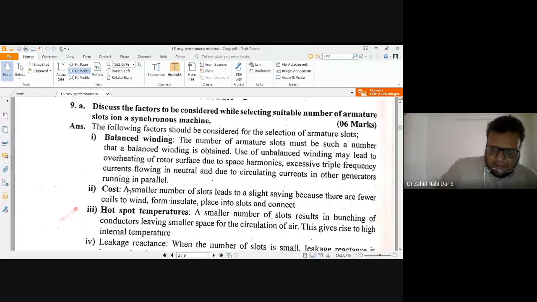Usually when we calculate, you get a fraction like 23.7 or 26.7, and usually we try to avoid odd multiples. The other day I was doing a problem wherein Fakresh stopped me and told me, sir, it is already coming 22.8, but you have taken 24, not 23. The reason is that 24 we can divide and make it a balanced winding.